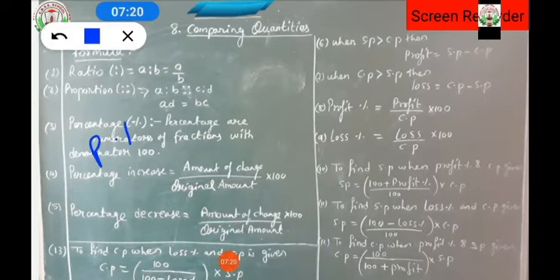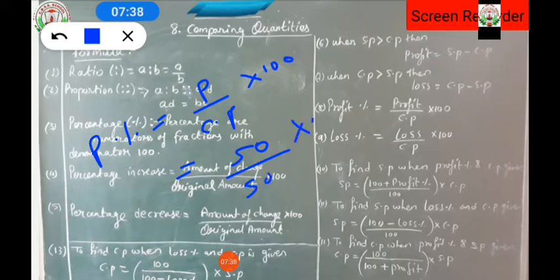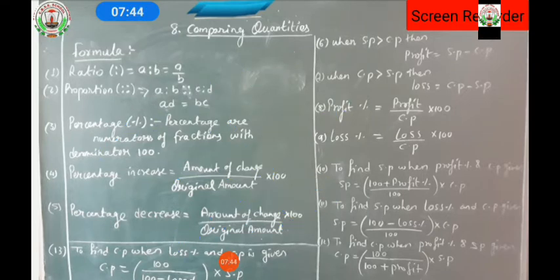For that, profit percent is equals to profit upon cost price into 100. So what is the profit we are getting, 50 rupees. What is the cost price, that means कितने में हमने उसको खरीदा, we had purchased it at 50 rupees into 100, isn't it. So this will get cancelled, 100 is the profit percent value. Clear everyone. In the same way, you are going to find the loss percent, that is loss percent is equals to loss upon CP into 100.